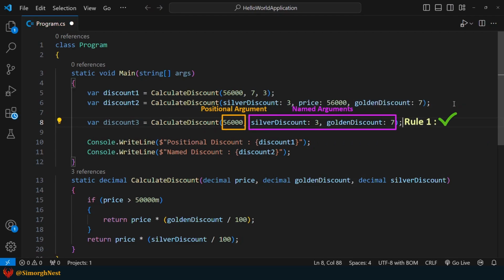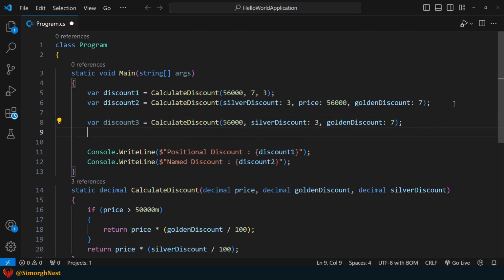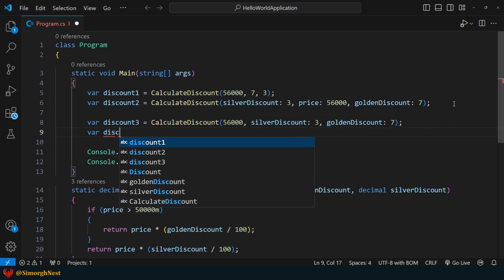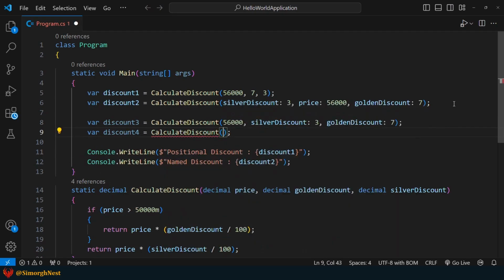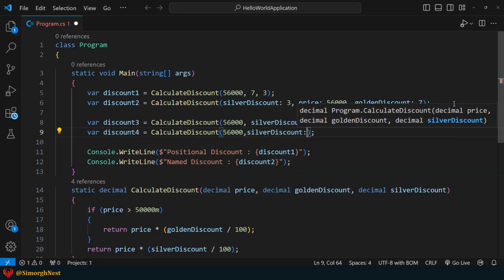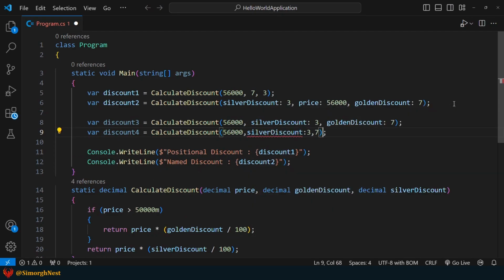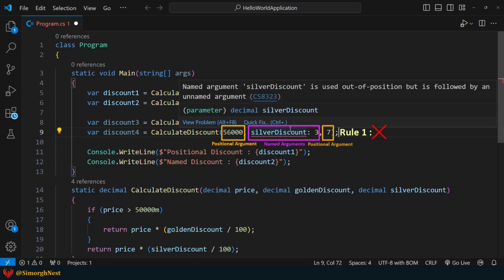As you can see, it still works. However, if we make the third argument positional, we encounter an error. The reason is that we cannot put a positional argument after a named argument.